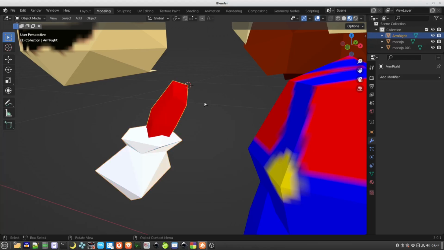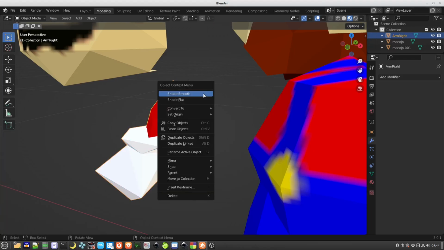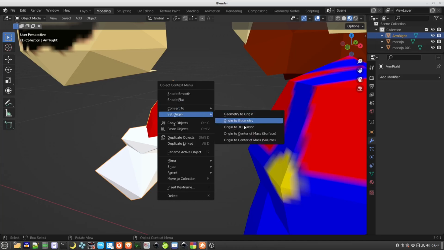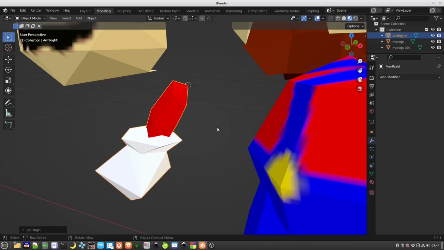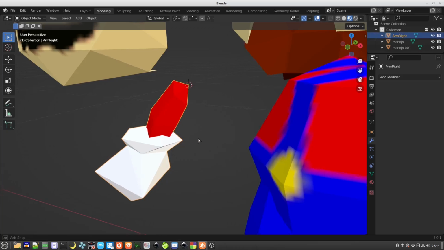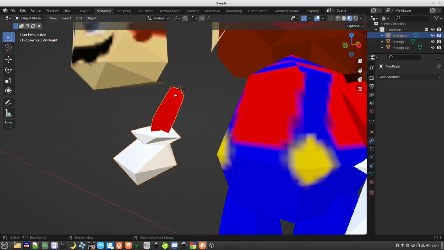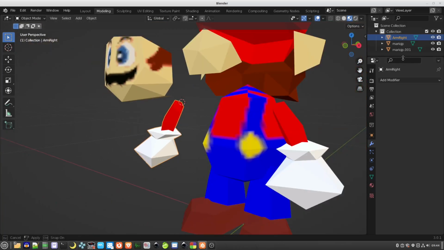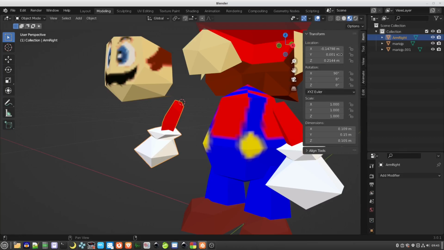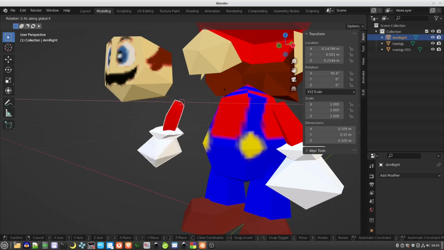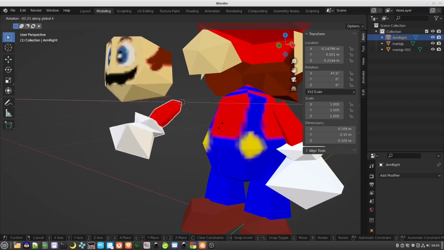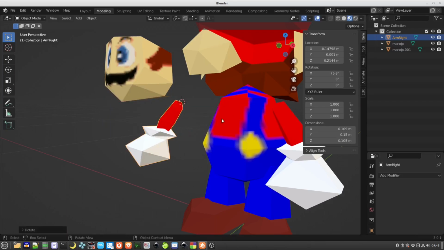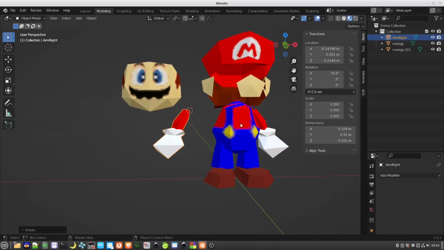Then press tab to get back to object mode, then right click and then set origin, and then origin to 3D cursor. Now what we've done is our arm has the rotation there now. So if we press N to bring up the transform window here, and then we rotate round on the X axis, this will show the right sort of thing we will want. So you'll need to do that for all of the other